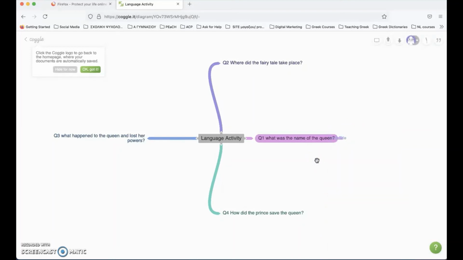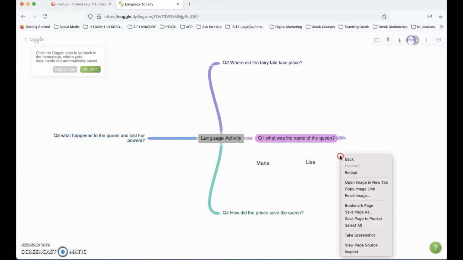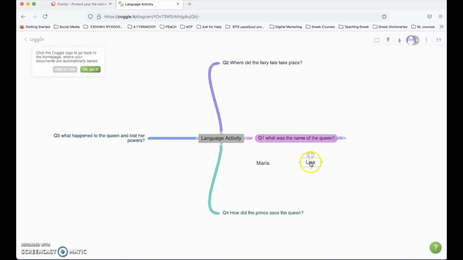Very nice. Now, to join items, you can just create an empty item and drag it over the item you want to connect with it. For example, here I write, what was the name of the queen? Let's say Maria. Let's say Lisa, and okay, these two. You can drag and drop them